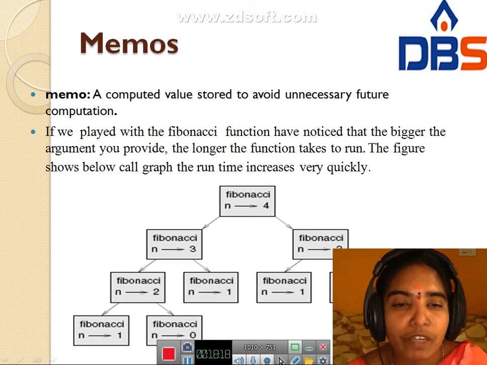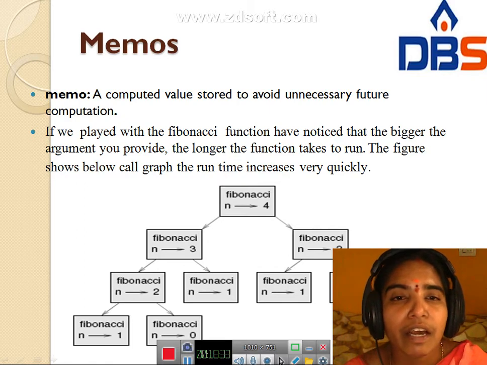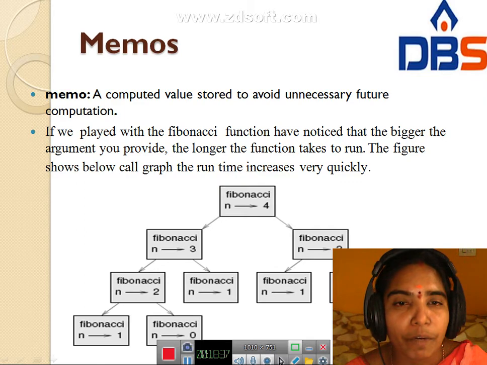Next, Fibonacci of 3 calls 2 and 1. Fibonacci of 2 calls 1 and 0. Like this, the runtime increases very quickly.